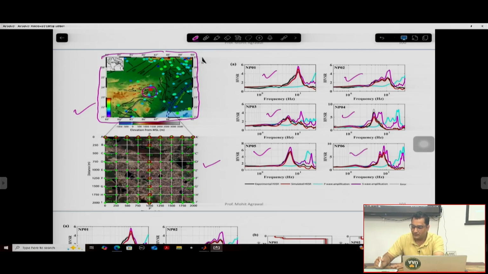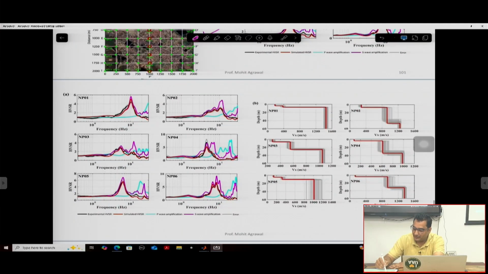So there were some points which were lying on the pond area or something, so he could not take the observations at those points. So you can see these are very nicely looking HVSR curves. So this is the curve which is having this fundamental frequency here. The fundamental frequency for this point is somewhere here. So I told you the fundamental frequency is associated with the frequency of the peak amplitude. Okay, now